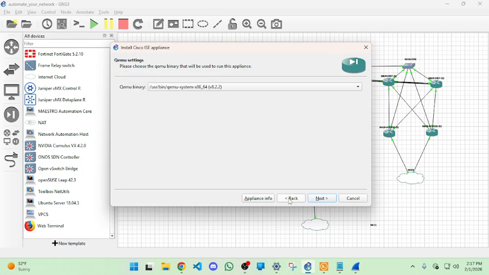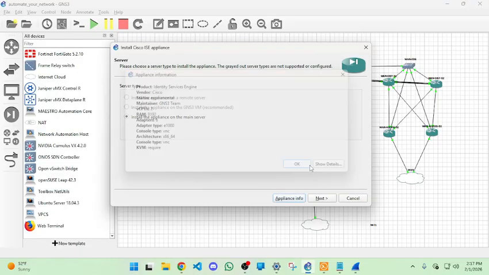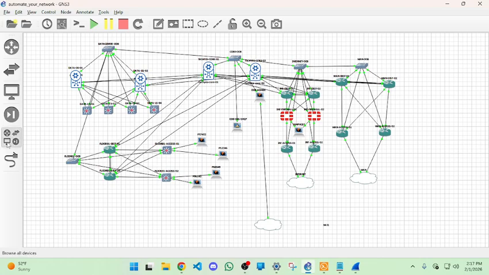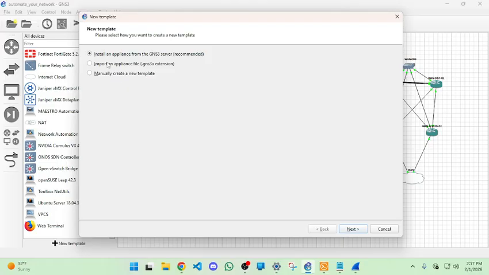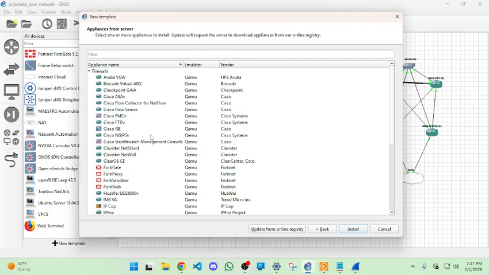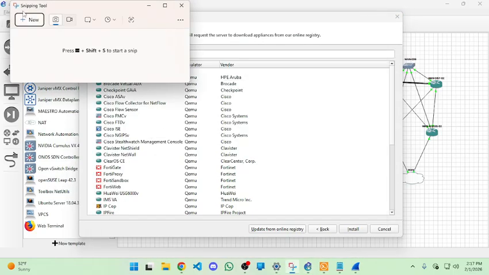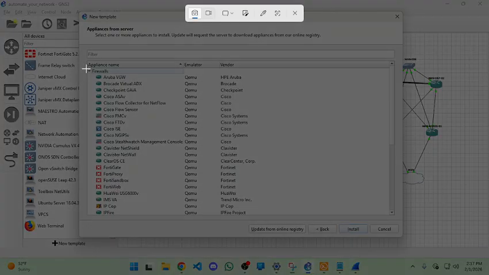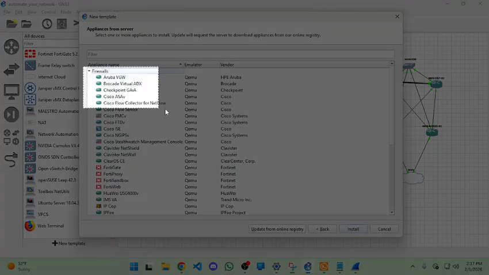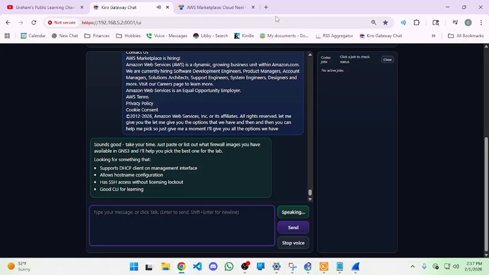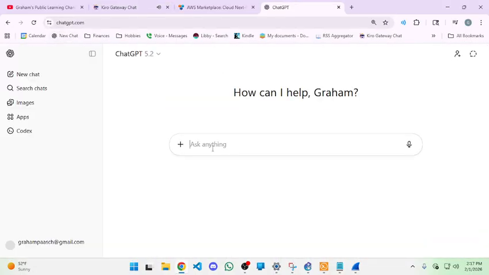Let me give you the options that we have, and then you can help me pick. So just give me a moment. I'll give you all the options we have. Sounds good, take your time. Just paste or list out what firewall images you have available in GNS3 and I'll help you pick the best one for the lab. Looking for something that supports DHCP client on management interface, allows hostname configuration, has SSH access with